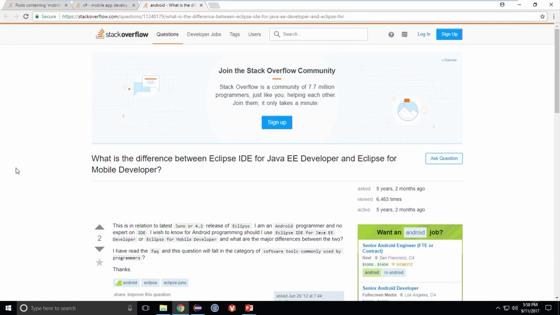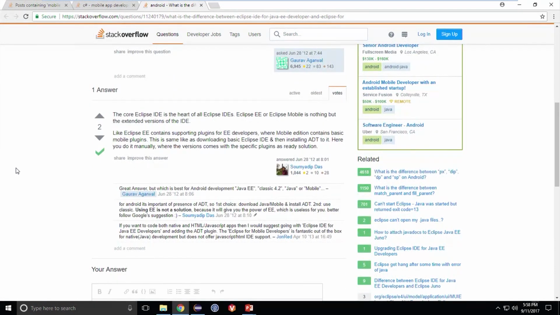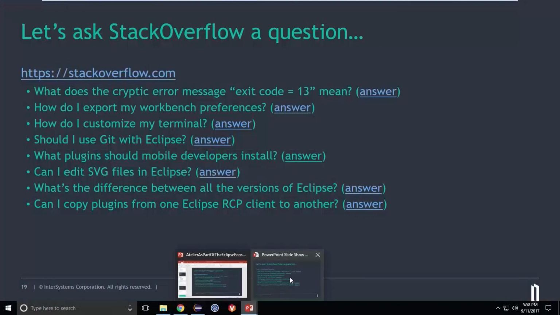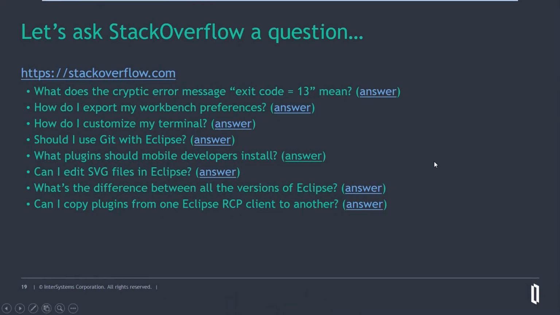Yeah, here we go. Okay. Difference between Eclipse IDE. Cool. So there's lots of answers, and they're really easy to find, right? So if we wanted to go through this, we could, but I don't think it's worth your time to do that. And if you guys want to know the answers to some of these, go ahead,